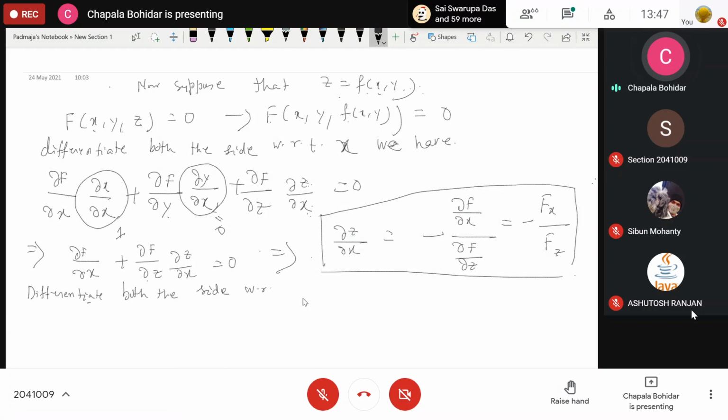With respect to y. Tell me what I'll write. I'll write on both sides, differentiating with respect to y: minus Fy by Fz. Yes, you get your value del z by del y. Here it is del z by del y, not x. We are differentiating both sides with respect to y. So del z by del y is equal to minus